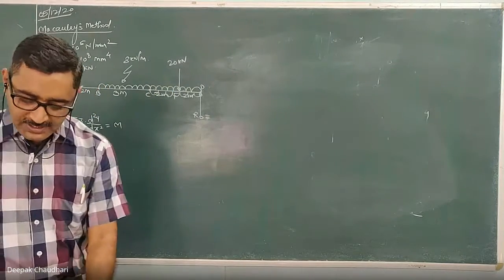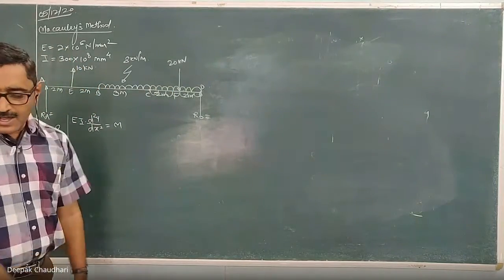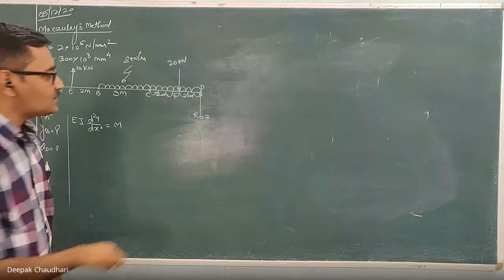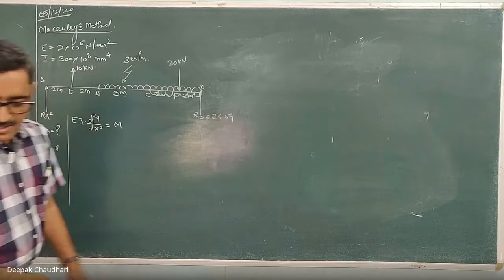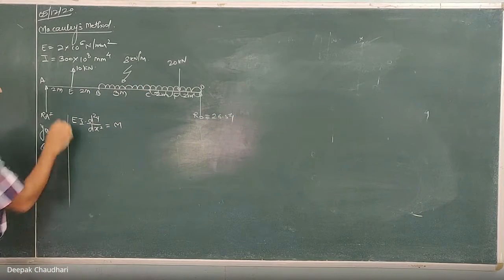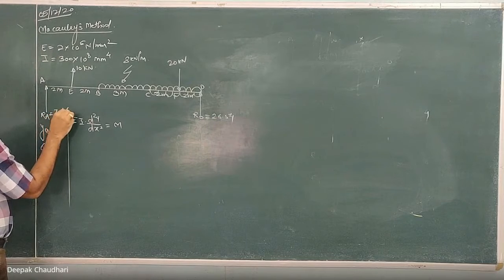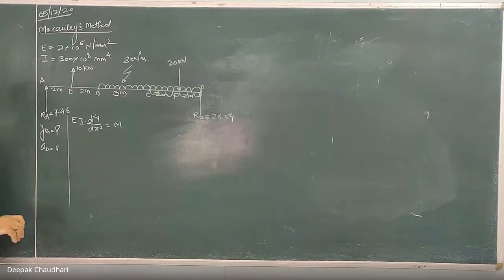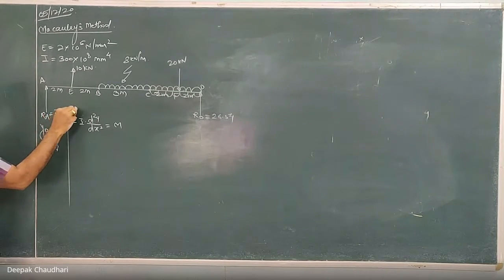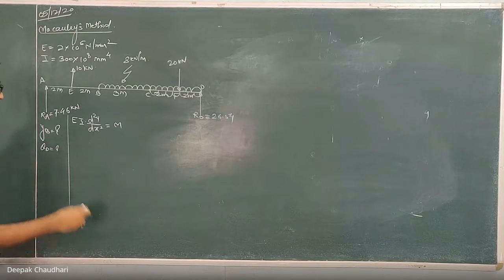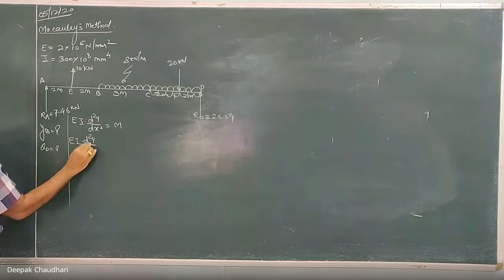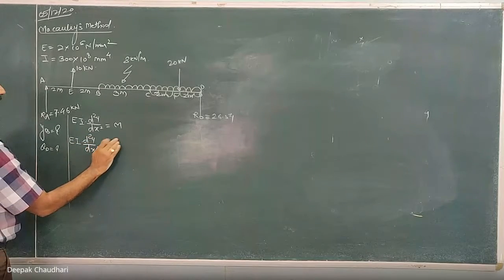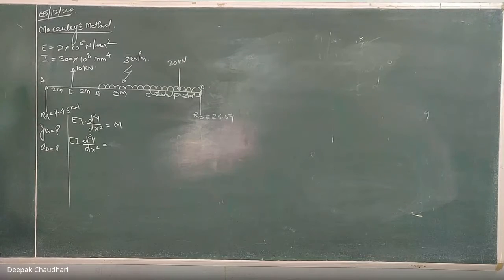So in this question, the value of RD is 26.54 and RA equal to 7.46. You cross check it later. Okay, this is the value of RA and RD. Now let's write down the equation of the bending moment. It is EI into d square y upon dx square equal to M, and M is the general equation of the bending moment.